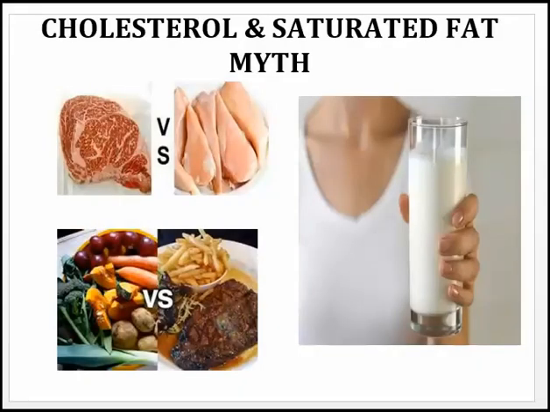So to look at an example of how conventional medicine is treating cardiovascular disease, we can look at one of the biggest myths that currently plague us today, because cardiovascular disease is the number one killer in the United States. So we have to understand first where cholesterol and saturated fat come from. Cholesterol is only found in animal products, period. It's not found in fruit, vegetables, grains, beans, nuts, or seeds.